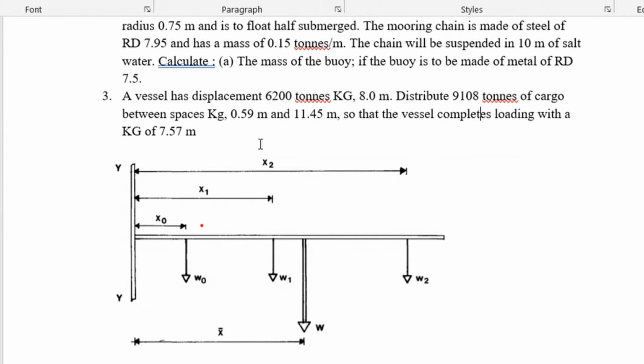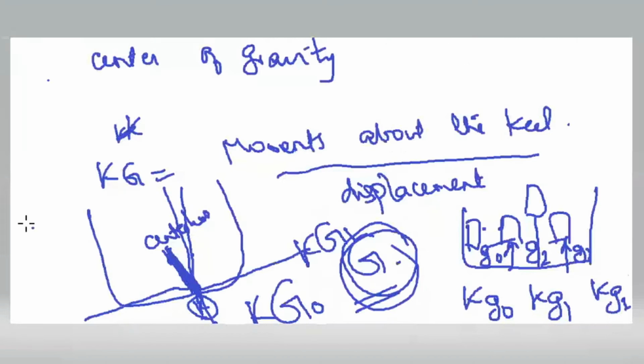So there are different weights, g, g1, g2, g3, like that, small g's. Each weight has its own KG, which means where it is kept. Basically, its position. That's all it means. Center of gravity is its position. So the position of that weight is at KG1. The position of the second weight is KG2. These are all small g's. As I wrote here, KG1, KG2. These are the positions of the small weights.